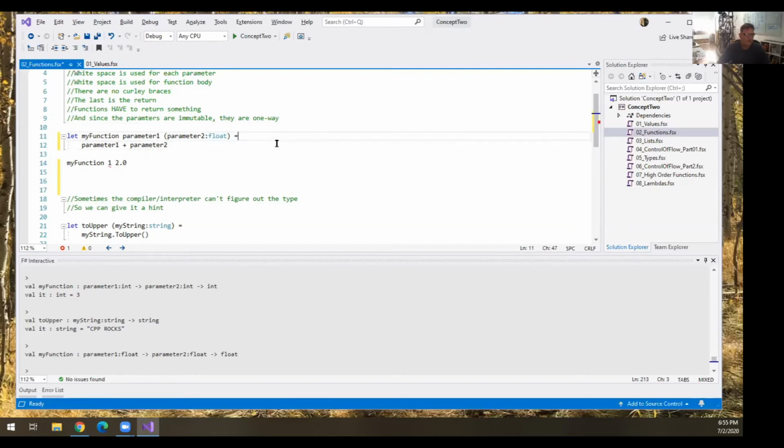Is there a way to make it polymorphic? Like, so my function could be called the same with 2 ints or with 2 floats? Oh, you can use the type, yes. I'm not going to get into that tonight. One, because I don't know what I'm talking about when I really get into that, and I don't want to do a disservice to people who do. But yes, there is a way that you can declare it as a generic, and then generic could take any type.